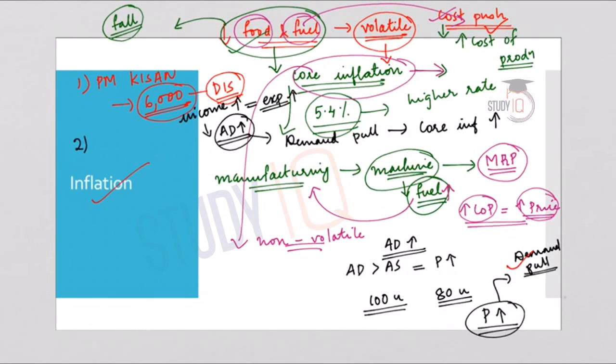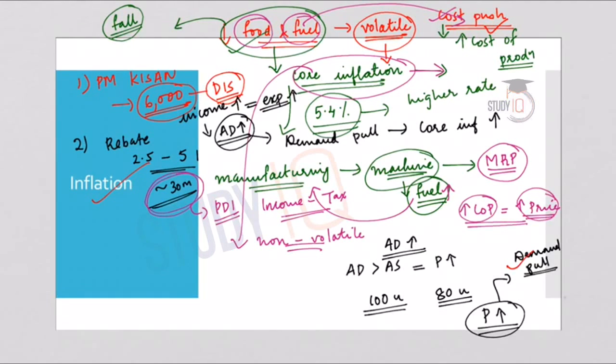Now again, increase in the amount of tax exemption or the income tax rebate. It has been increased from 2.5 to 5 lakh, and this would benefit around 30 million middle class taxpayers. So 30 million is a huge number, and remember that when this 30 million middle class have more income, that means more personal disposable income. What is personal disposable income? It is your net income minus tax payable. So 5 lakh rupees is exempted from income tax. That means there will be more money to spend.